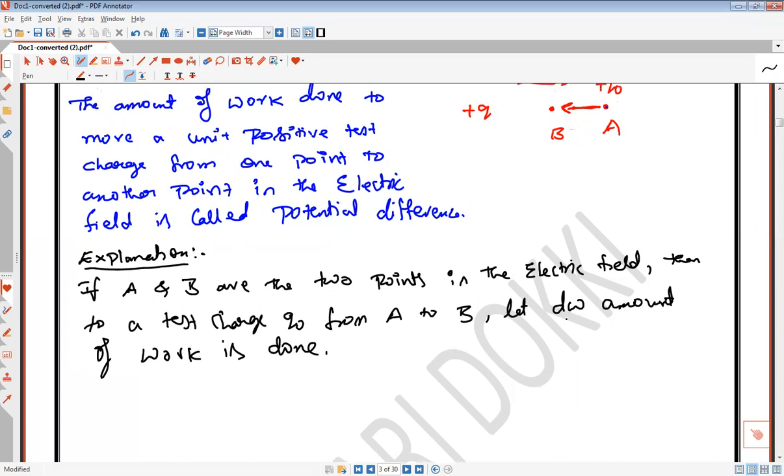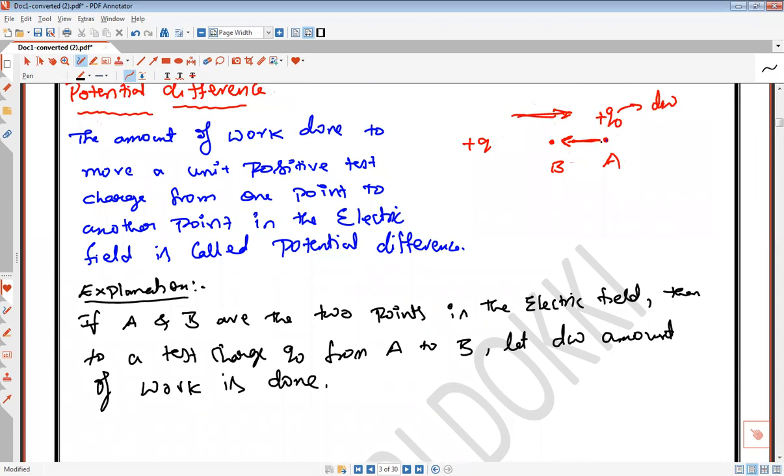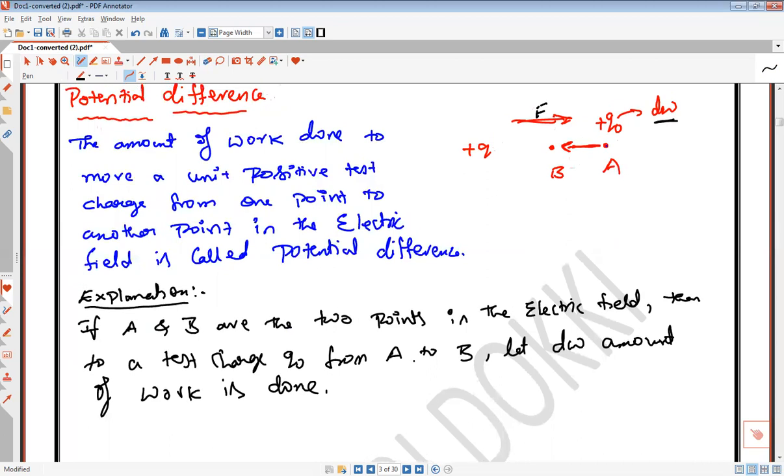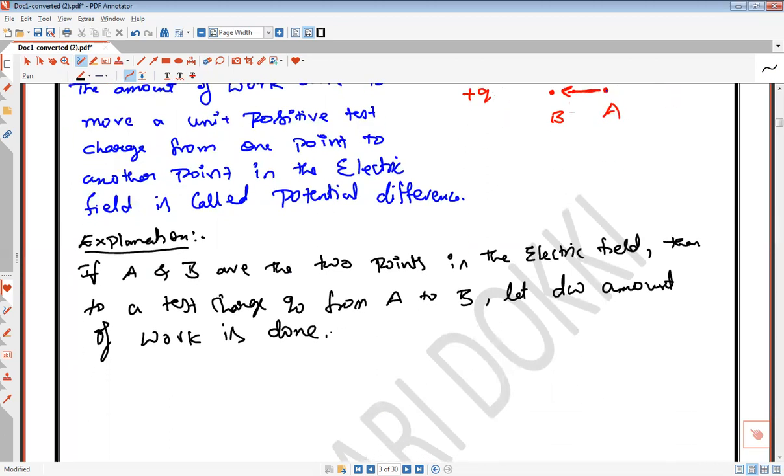See, as I have told you, A and B are the 2 points in the electric field, and if the test charge Q0 is to be moved from point A to point B, we will have to do dW amount of work against the electric force exerted by the source charge. So to move a test charge from A to B, let dW be the amount of work done. Then